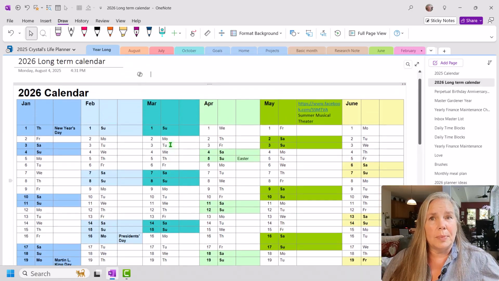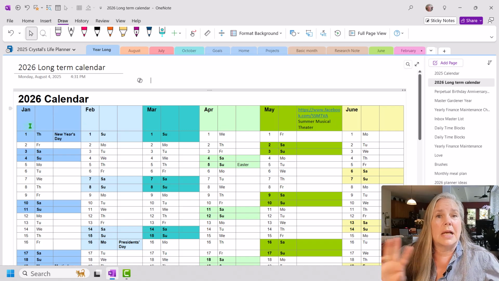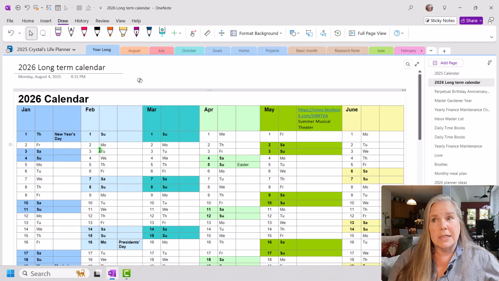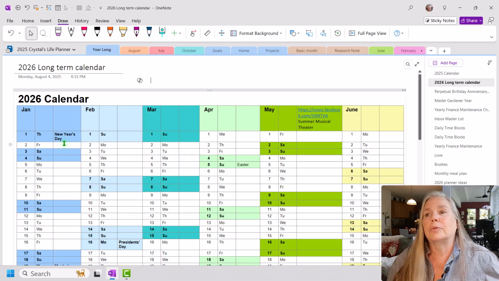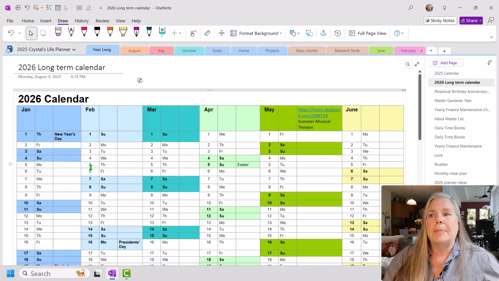This is from Calendarpedia. But again, if you don't want to download it, guess what? It's just a table. So I have 3 columns of a table here, 3, 6, 9, 12, 15, 18 columns across, and it's 3 columns for each month. So we have January, and then I have the number of each day, what day of the week it is for 2026, and then I have a blank space where I can put appointments or ideas or things that I want to do. For me, this is a long-term calendar that has worked very well, and I absolutely love it.